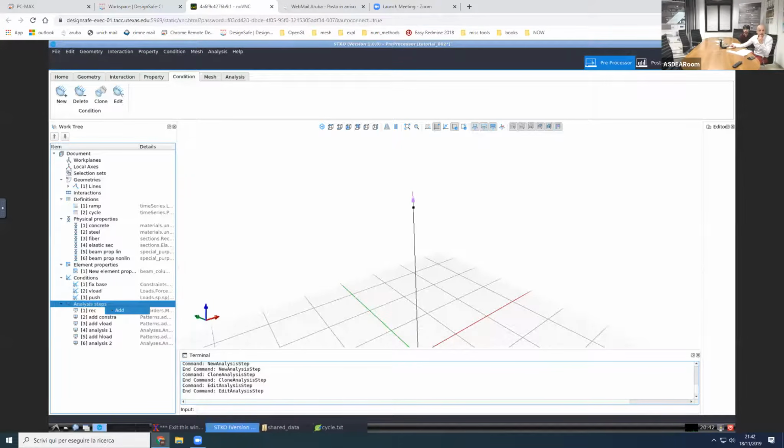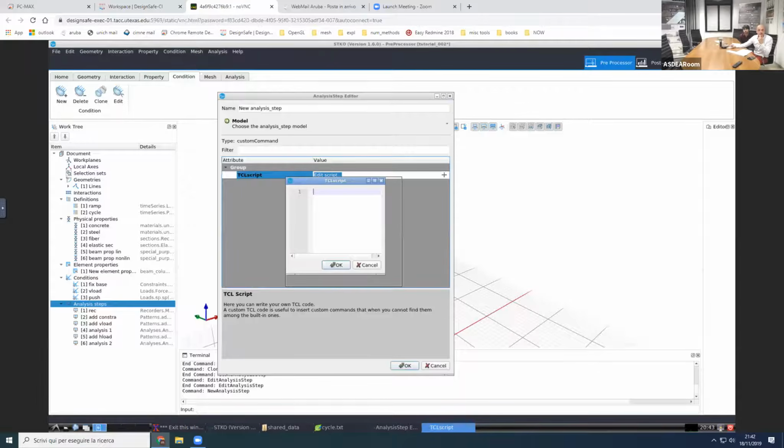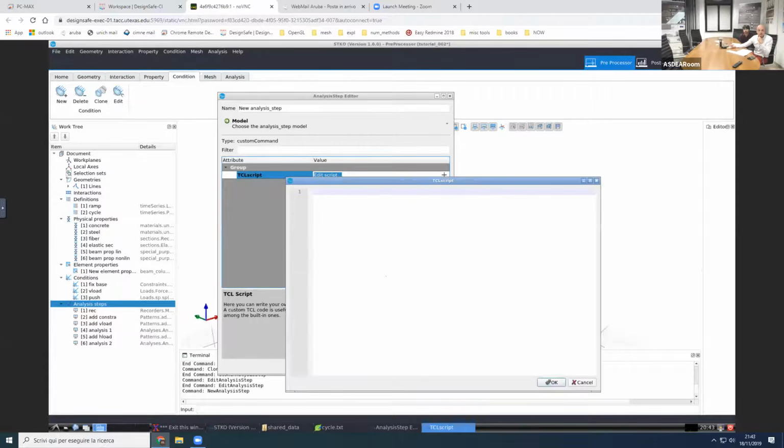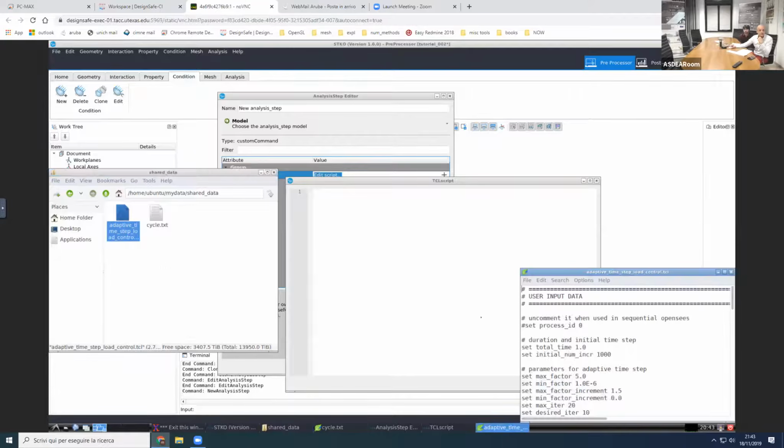So here, for example, I create a new analysis step, which is a custom command. A custom command is basically a TCL script. So you can directly write your TCL file here, and the TCL file that you put here will be written directly at the right location. Now in this case, once again, in this folder that you can download, there is the code for the adaptive time step control. So you can open it with the text file and copy paste everything. So Control C